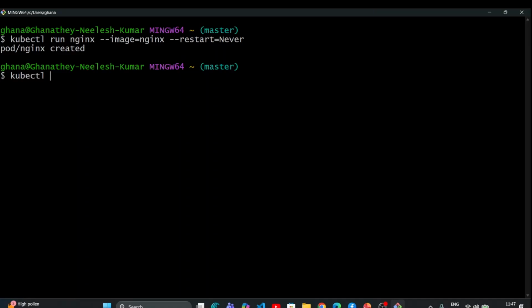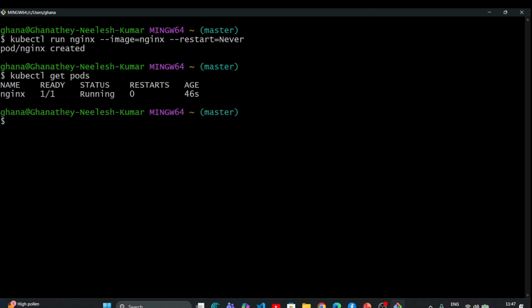Now, with kubectl run, let me check the pod first, whether it got created. Let me check the status. kubectl get pods. See, I've created an nginx pod and it is in the Running status. So now let me run another pod. I'll name it nginx-pod and use the nginx image again, --restart=Never, and then I use a flag called --dry-run=client